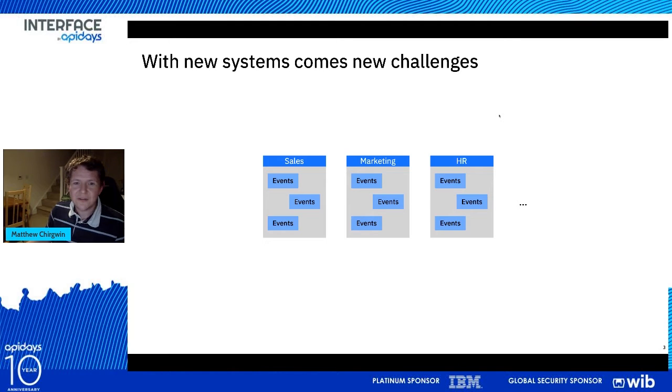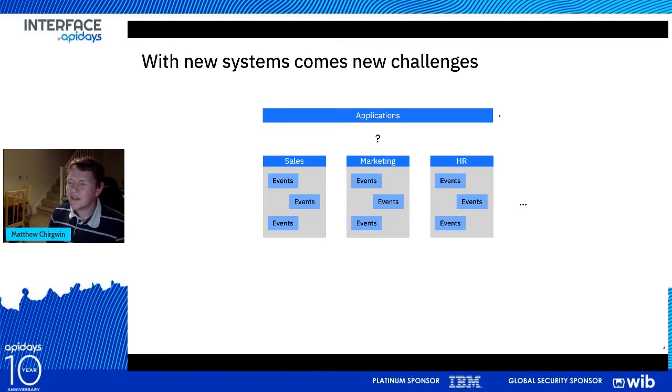So as an application developer, you've been asked to create an application which can make use of events, perhaps drive some delightful user experiences. But where's the information? Who do I contact to get access to it? And how do I understand some of the rules of engagement? And how can I quickly get up and running with these events? There's a gap there where they just simply don't have a place to locate this information or even find this information in the first place.